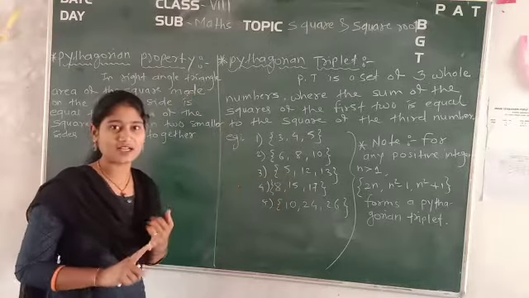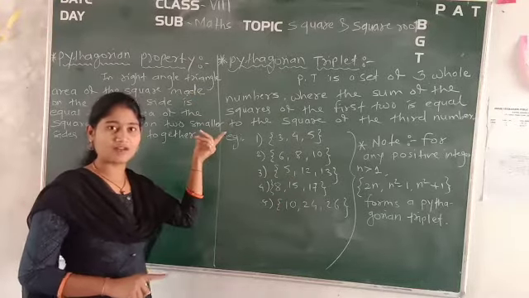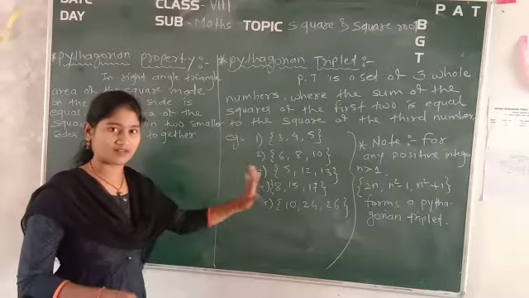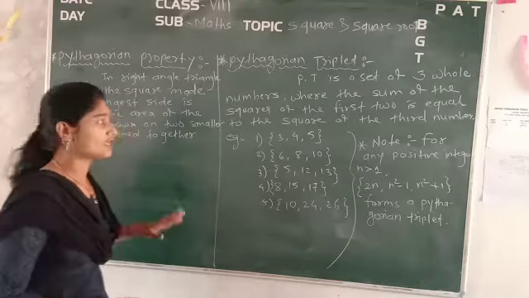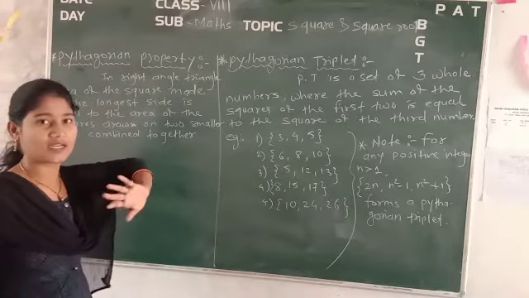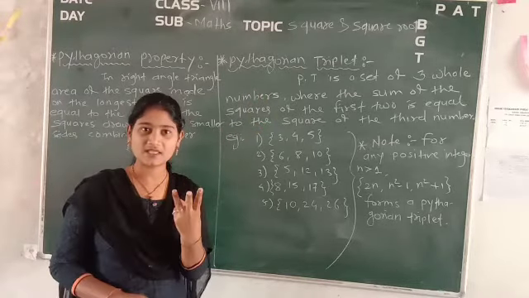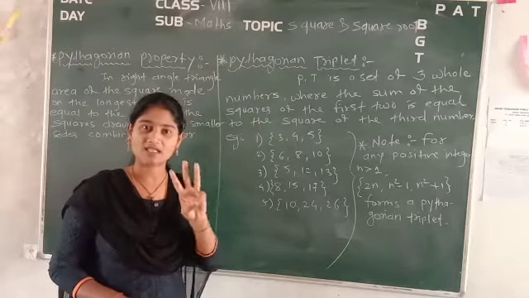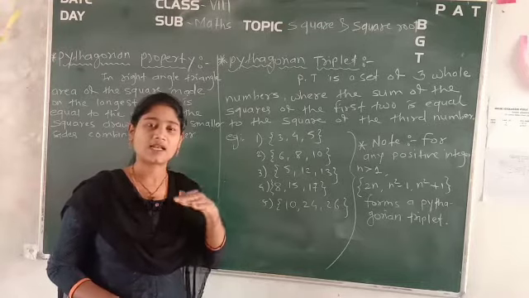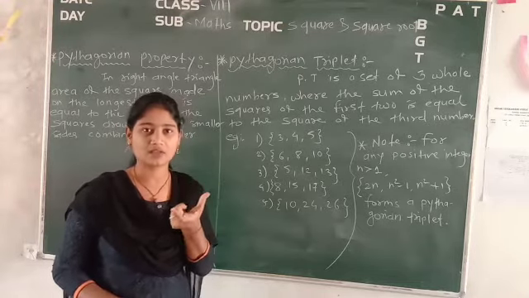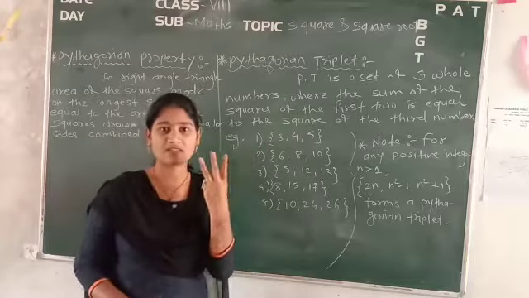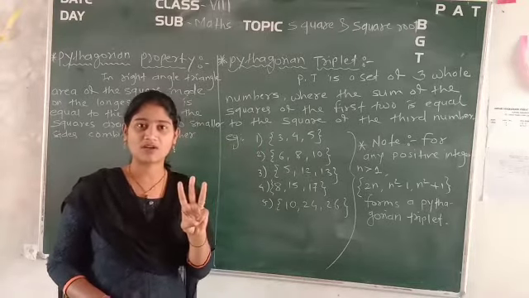There are actually three topics, but I have taken two. One we will see later after erasing this one. So first is the Pythagorean property, and what is a Pythagorean triplet. Triplet means three; tri means 3. Quadri means 4. From the name you will get something. So triplet means we will have something in a quantity of 3.